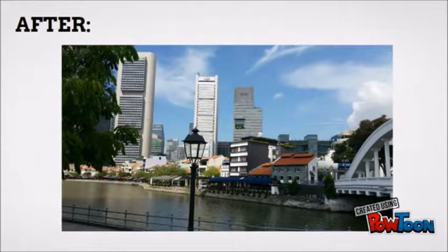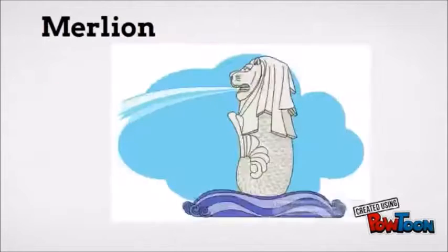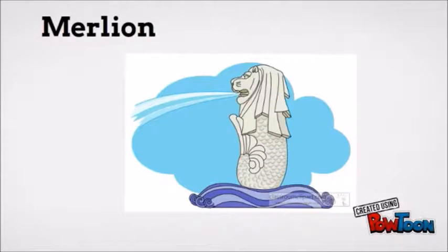The shipping and trade have all shifted to Keppel Harbour, and as such, the river has become more aesthetic for the commercial zone. The river also contains certain monuments which represent a special meaning behind it. The monuments have given the river a better story behind it and why it's so special. The first monument is the Merlion. The Merlion stands at 8.6 meters tall, weighs 70 tons, and spouts water daily at the south bank of the